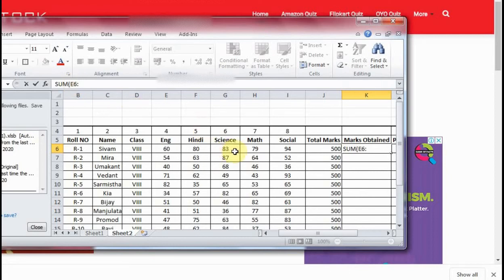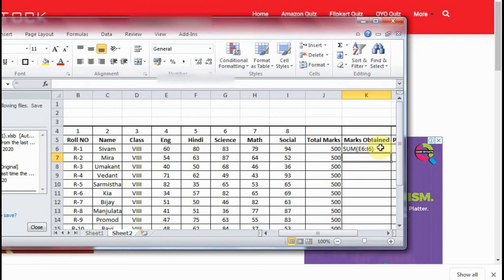I have to take up to social science, up to this, right? So this is I6.